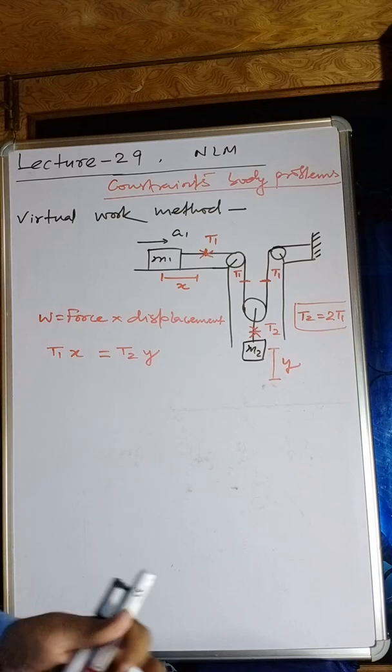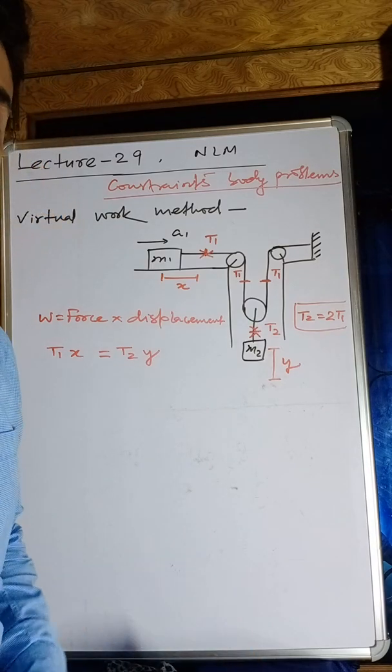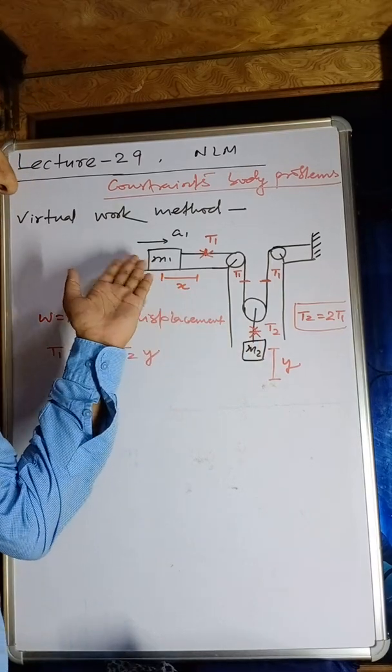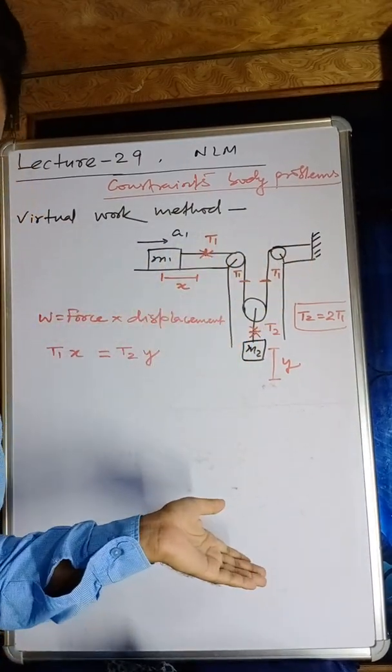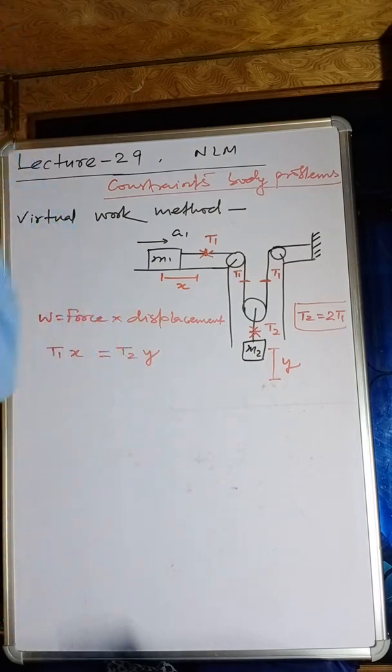Remember, work is not a vector quantity. That's why we don't think about the direction. The work is going to be done in this direction, never. Work has no direction. Okay. Now,